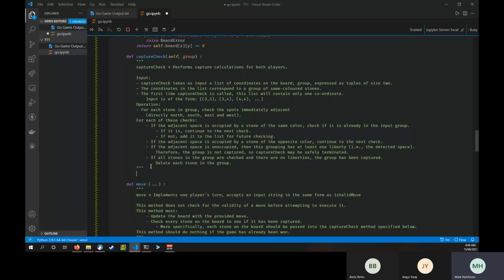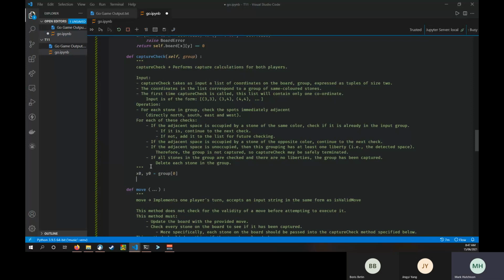So let's go ahead and start. I'm going to start with my first, from the group, identify the first square. This is going to be the starting square that I begin my adjacency checks with. And what I'm going to do is verify that that square is indeed someone that